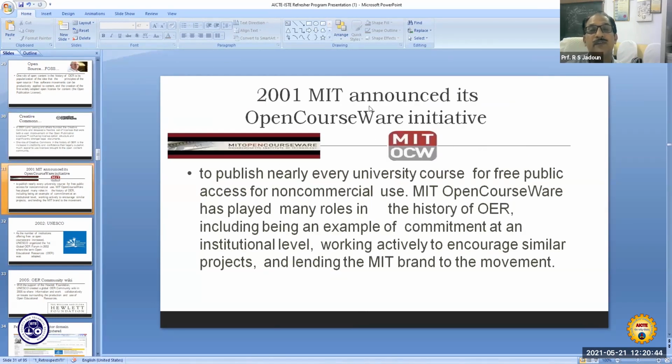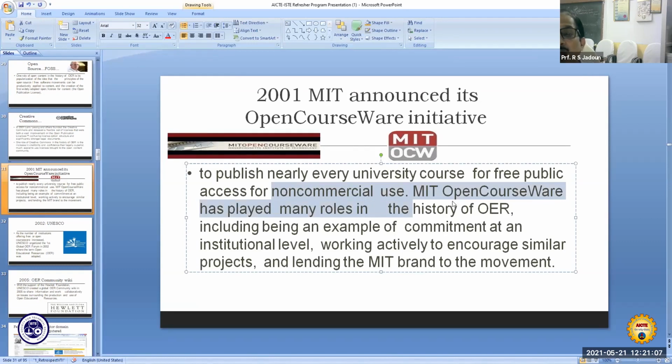As we have already discussed, in 2001, MIT announced its open courseware initiative, and most of the university courses of the MIT degree were made available for free public access for non-commercial use. MIT courseware has played many roles in the history of open educational resources as commitment at an institutional level, working actively to encourage similar projects, and lending the MIT brand to the movement.